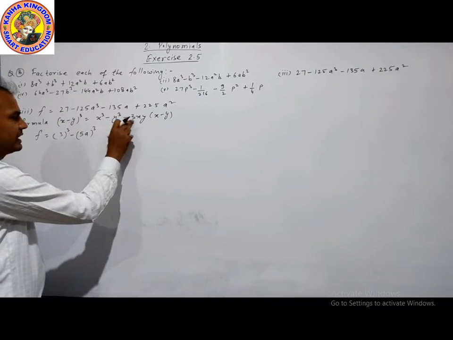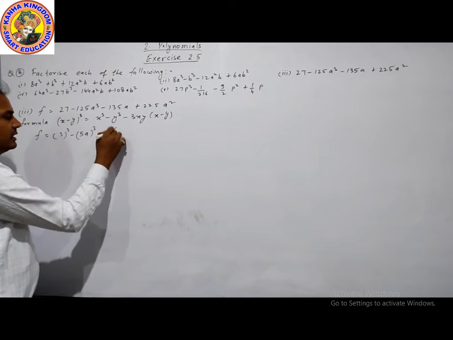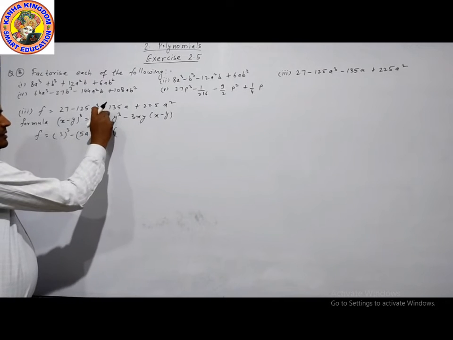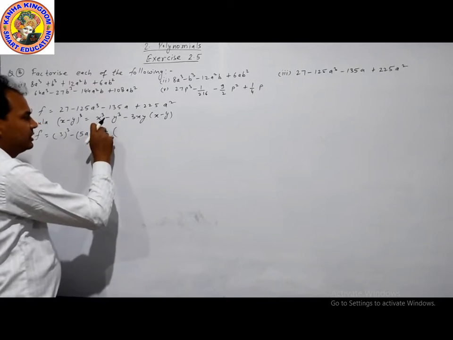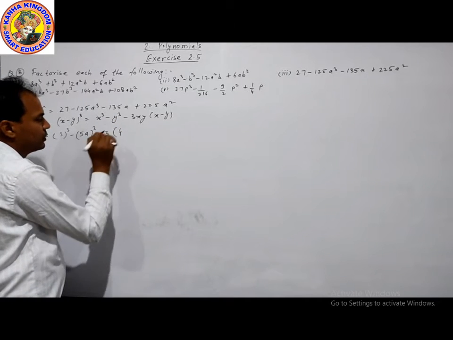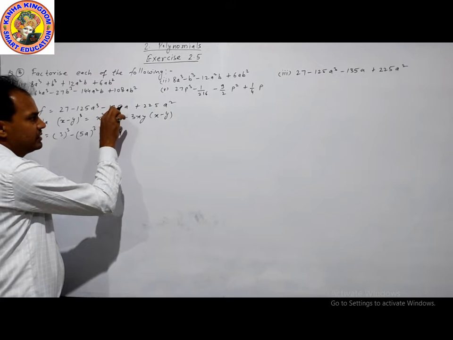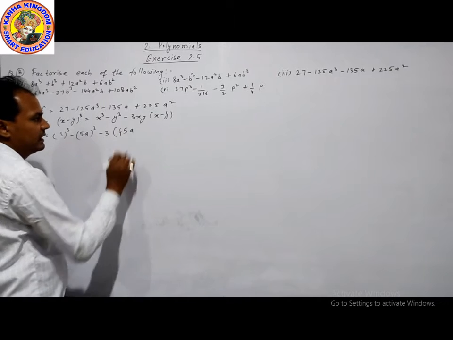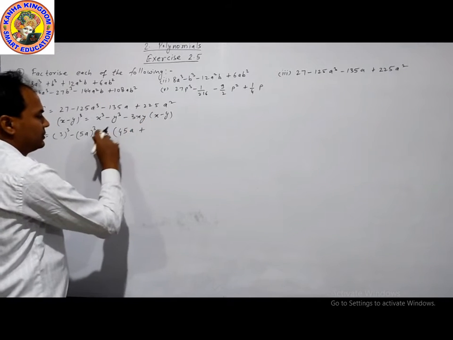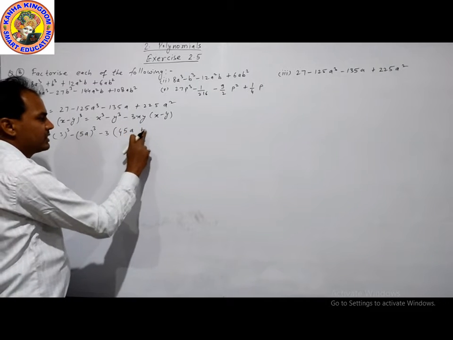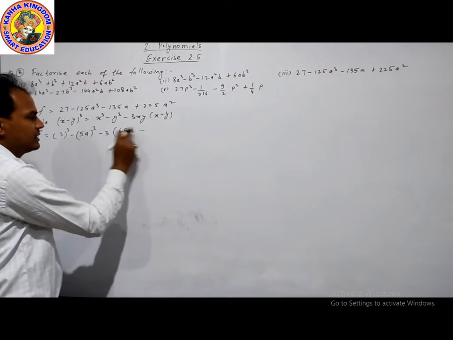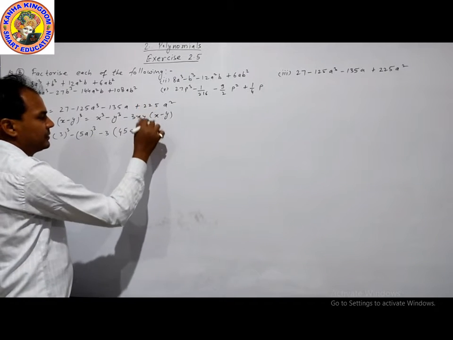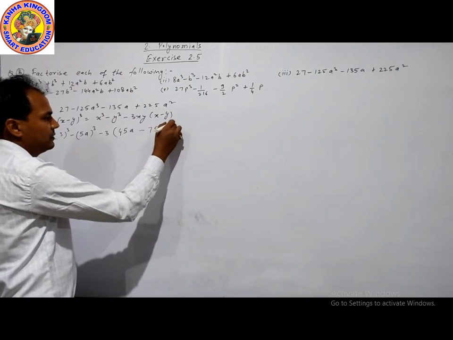Now next we take common minus 3. First of all, minus will be taken, dividing by 3. Dividing 135 by 3, we get 45, and 45 is 3 times 15, which is 5 times 3. Taking minus as a common, this will be minus, because minus into minus is plus. Now dividing 225 by 3, we get 75, which is 5 times 15, then a square.